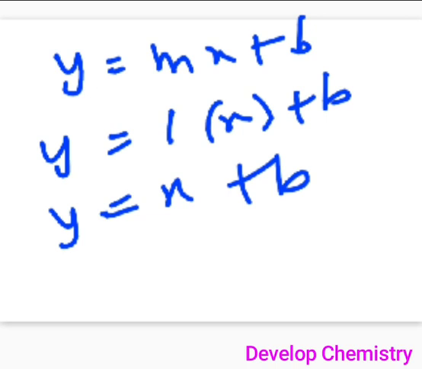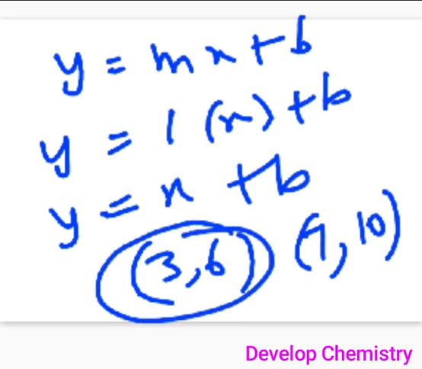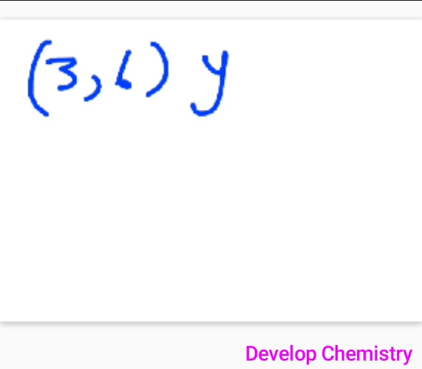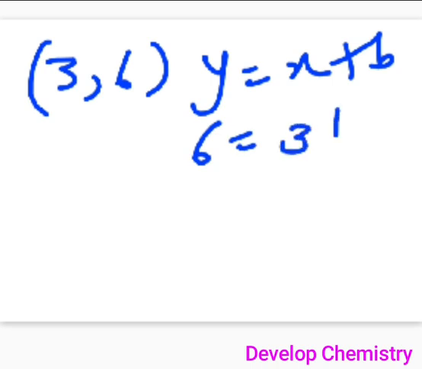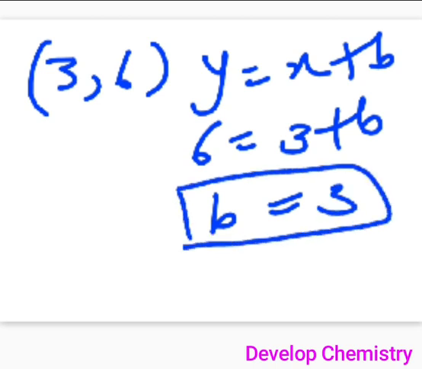Third step is you can use either coordinates. So, we are having two sets of coordinates. One was 3, 6 and the other was 7, 10. Suppose we consider this particular set of coordinate 3, 6, right? So, next what you are going to do, will take this particular coordinate, that is 3, 6, your equation y is equal to x plus b, fill this coordinate system. So, you have 6 is equal to 3 plus b. So, value of b comes to 6 minus 3, that is 3. So, the value for intercept is now 3.